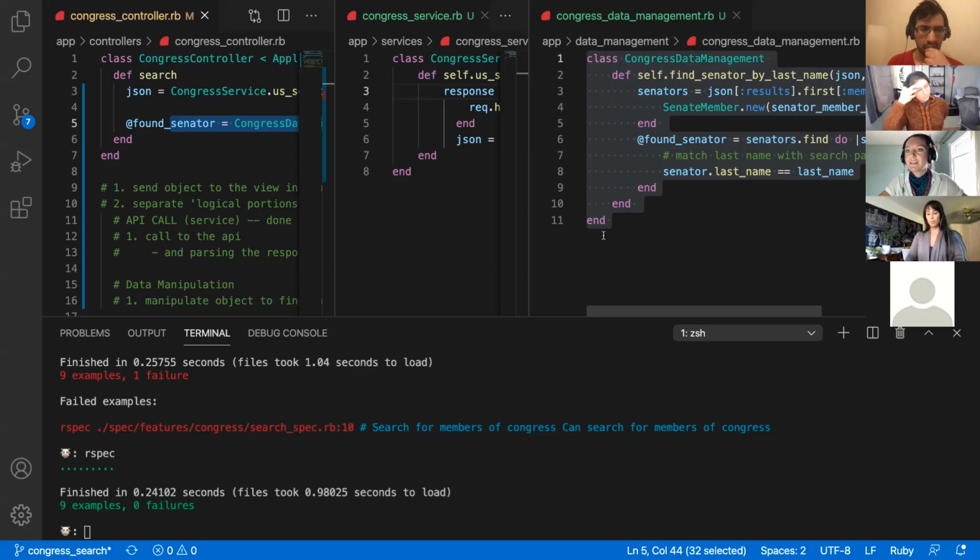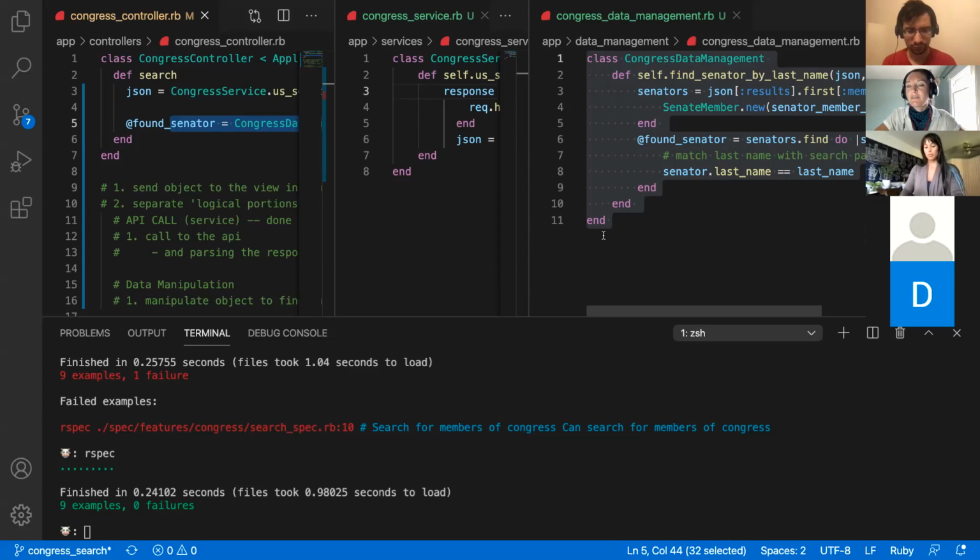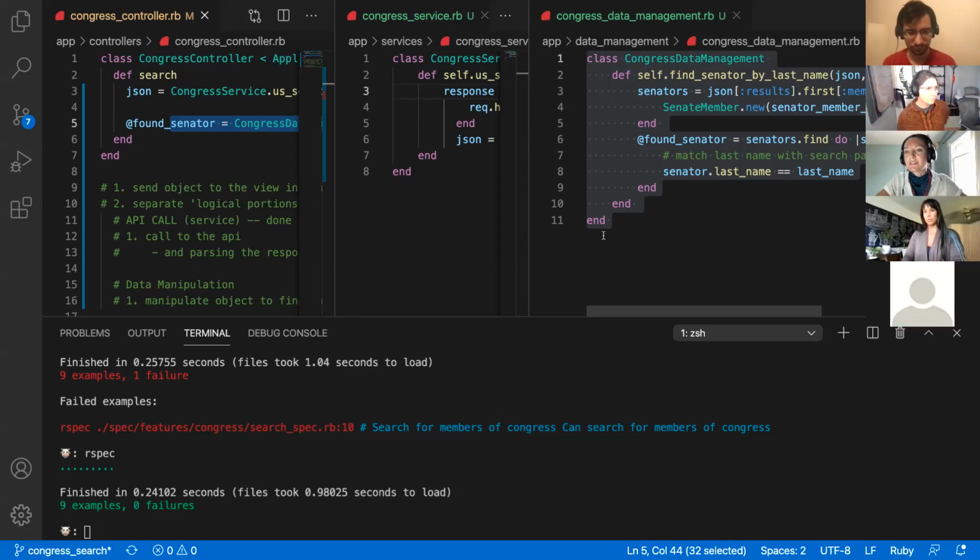Rather, it depends on the API. But I will say, another reason why we're using APIs to gather data that we need is so that we don't have to manage that data. A lot of times it's because that data is going to change, and we don't want to be responsible for that data changing. So if we are relying on what we have stored in our database, it's possible that the information that came from the API has changed. And so that's why I would lean more towards storing this elsewhere,